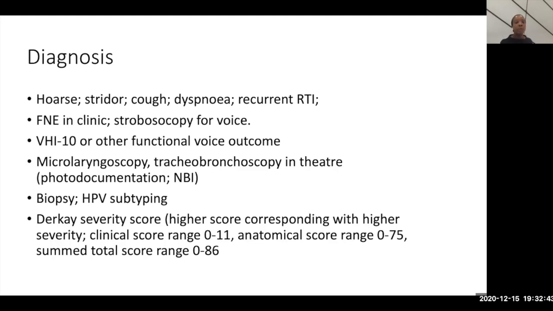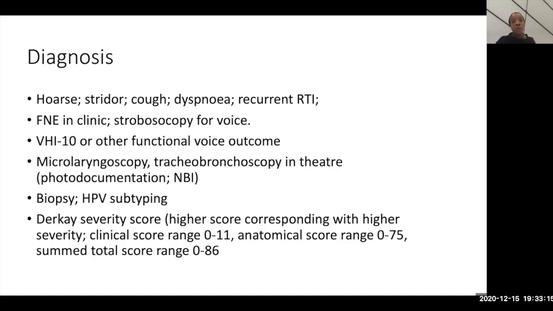It's also quite important to offer a functional voice outcome score if you can in adults, especially people who are professionals who use their voice for their work. It's not unheard of to come across a professional who really earns their living with their voice, who has recurrent respiratory papillomatosis. It's quite important to be able to use these functional outcomes in order to give them a realistic day-to-day expectation of where their voice outcomes are.